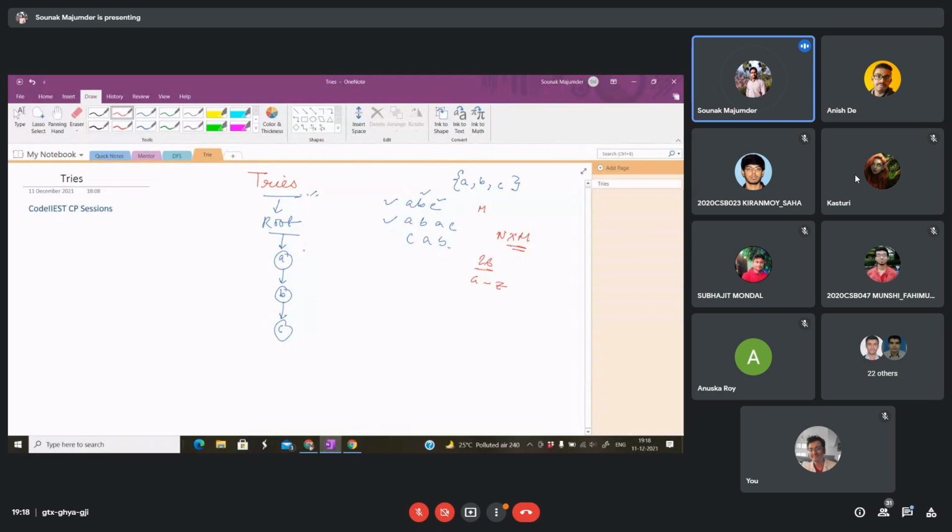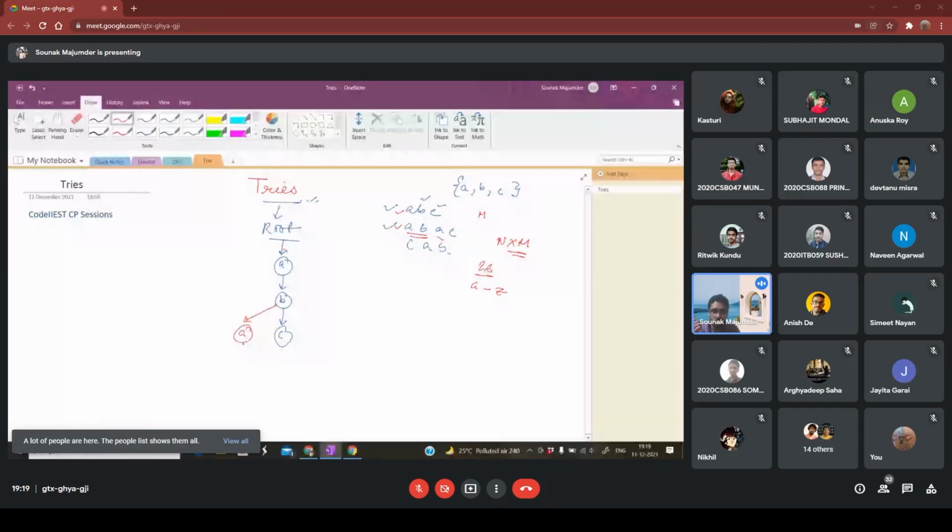Now let me come to the second string. So A, B, A, C. From this string we can see that A, B is a common prefix corresponding to the first string and the second string. A, B is common to both. Here, do we need to create a new node? The answer is no, because we already have A, B here. The child,